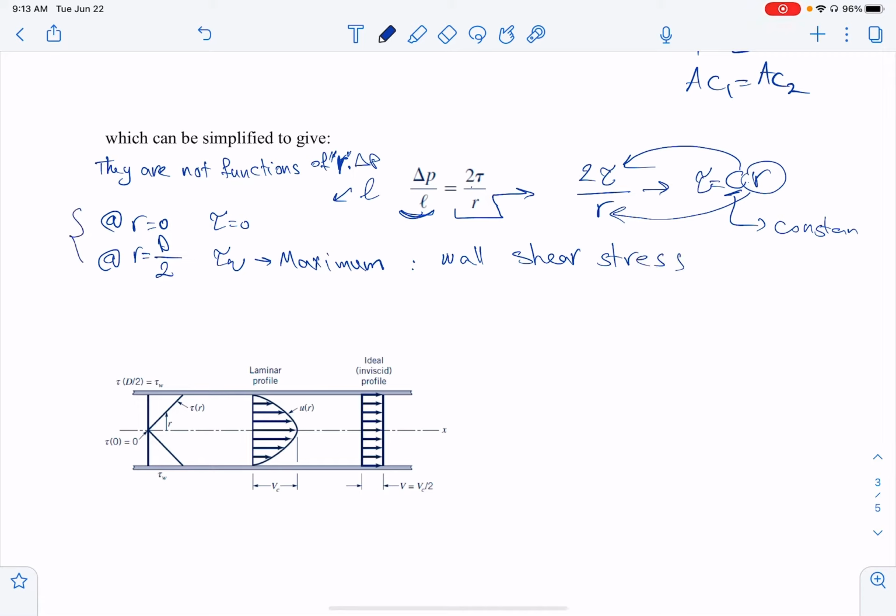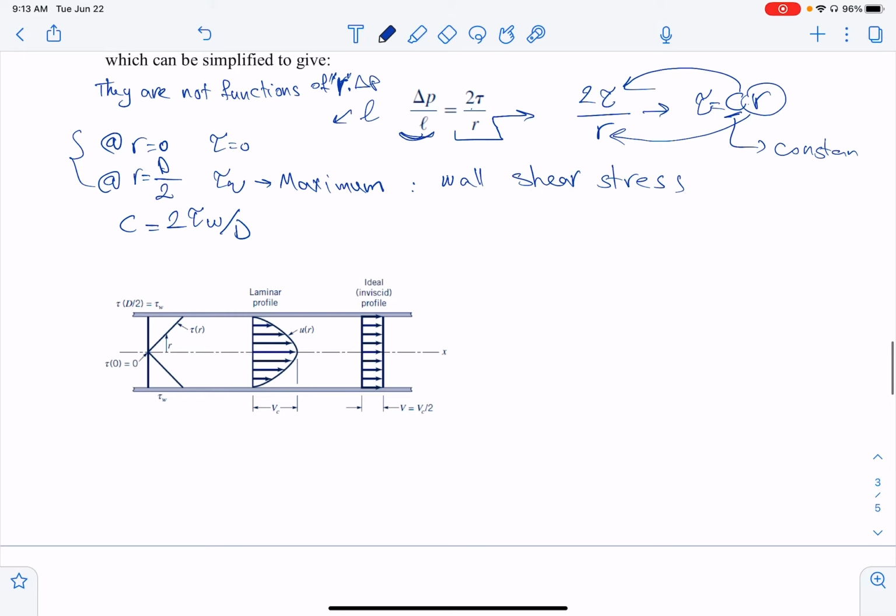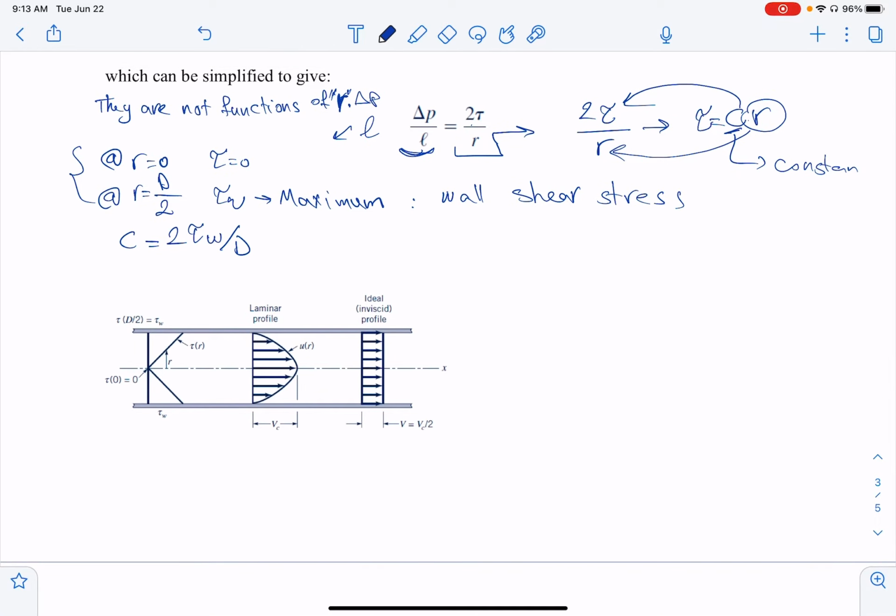Then if we use these two boundary conditions, we're going to get C as 2 times tau wall over D, and then the tau is going to be 2 times tau wall. We just substitute this one in this equation right here. Let me just delete that one, and let me highlight the equation I need. So then this is also what we get